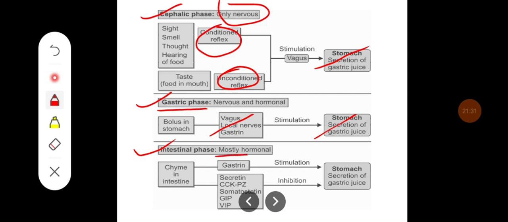The intestinal phase can act by both neural and hormonal mechanisms. The intestinal phase is mostly hormonal when the chyme enters the upper part of the intestine. So there will be release of various gastrointestinal hormones like secretin, CCK-PZ, somatostatin, GIP, and VIP. They lead to the inhibition of gastric juice in the later part, and this is called the enterogastric reflex. Whereas in the initial part, the 10% of the gastric juice is caused by the production of the